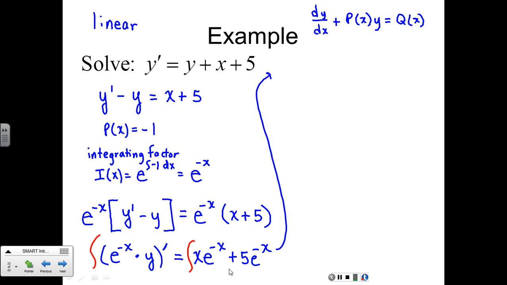What happens when I integrate something that's primed? The prime just goes away, so I've got e to the minus x times y equal to,